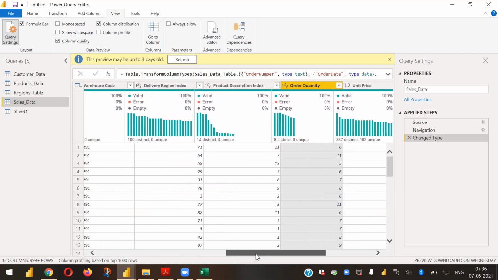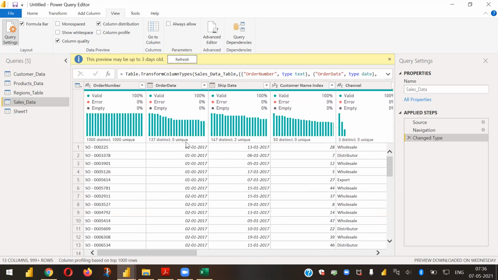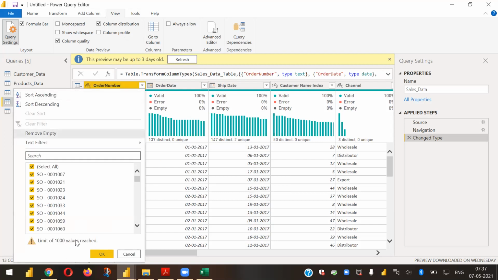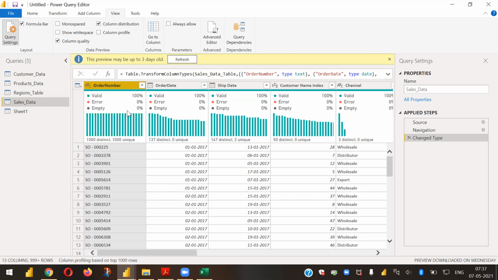This is basically giving us the graphical representation of the same. You can see here, if you take the ship date, it has 147 distinct and 2 unique. So it is giving the percentage of these values, more of a distribution of the entire values. All these are required to understand your data, especially if you have unstructured data with a lot of null values. Quickly you can see whether there are null values inside or not. Sometimes, even though you do it like this, the data will not be loaded. You cannot identify the null values if there is some dummy data or empty values. So this will give you a quick understanding of what exactly is there.